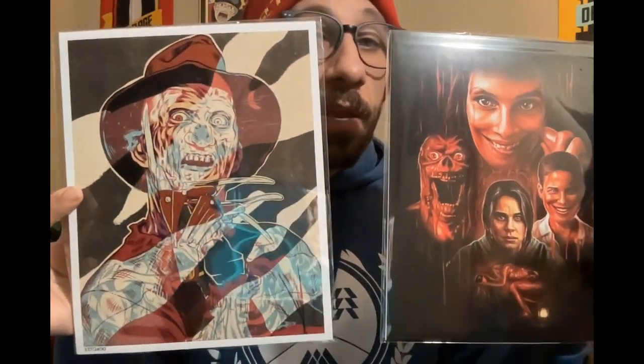Both of these are absolutely fantastic. You can't go wrong with either if you are a horror movie fan. Smile is a brilliant new movie, creepy movie, and look at that chick's smile. That's just so creepy. You hang this on the wall, people are gonna freak out. It's gonna be one of those where it's like, holy shit, this is creepy as...